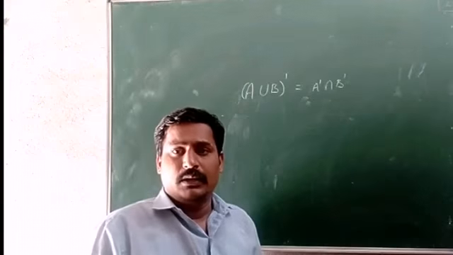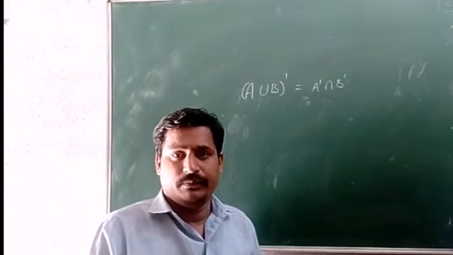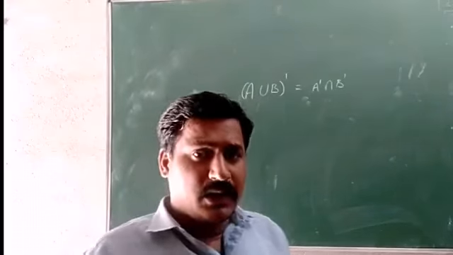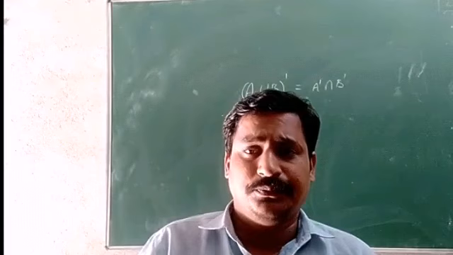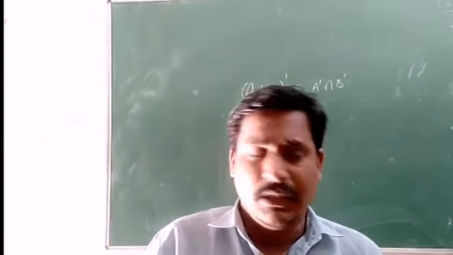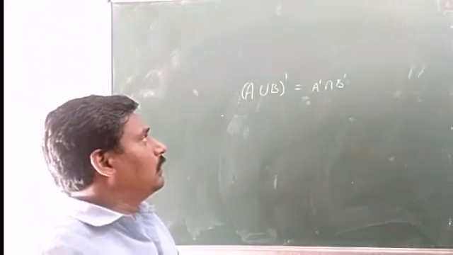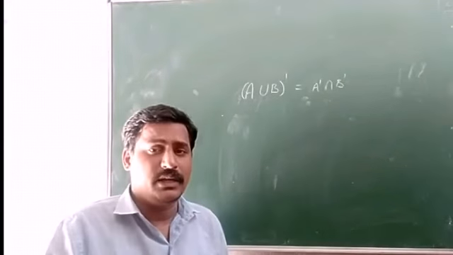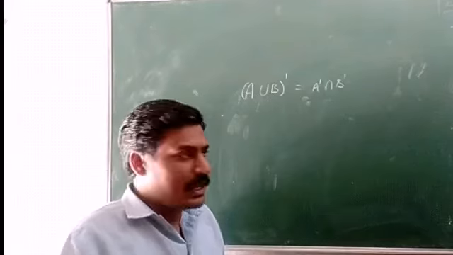Now, how to prove this? This question may be asked for 2 marks, and every year the question 'what are De Morgan's laws' is there in the question paper. Now let us prove this. Suppose there is any element which belongs to (A union B) dash, we assume